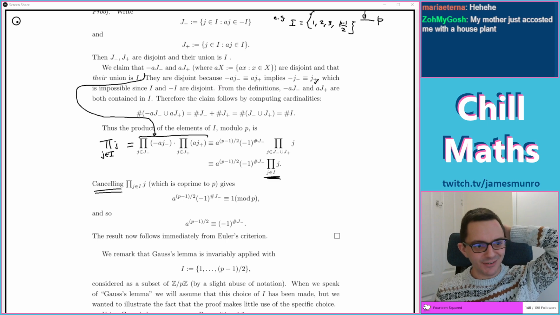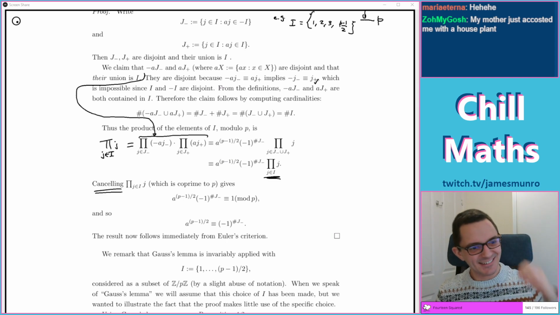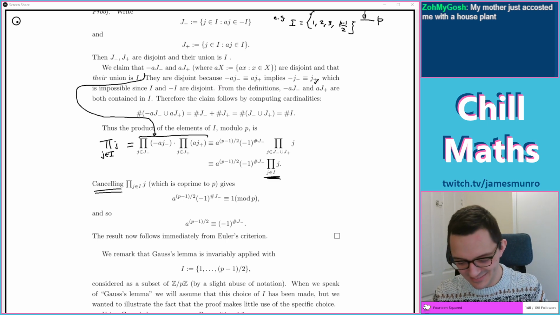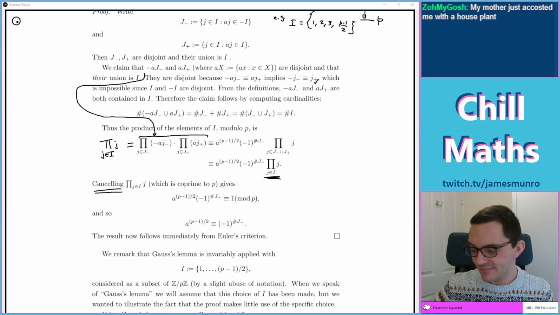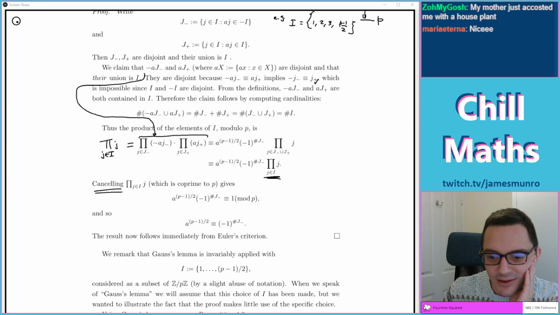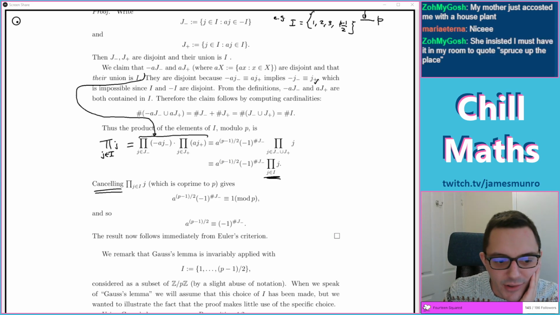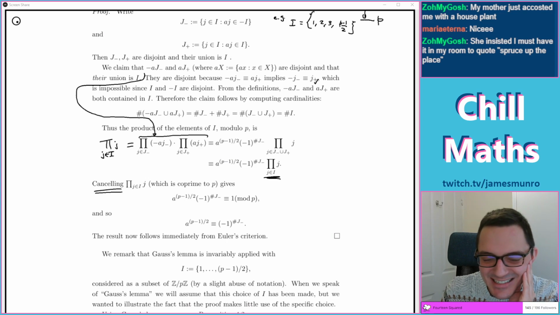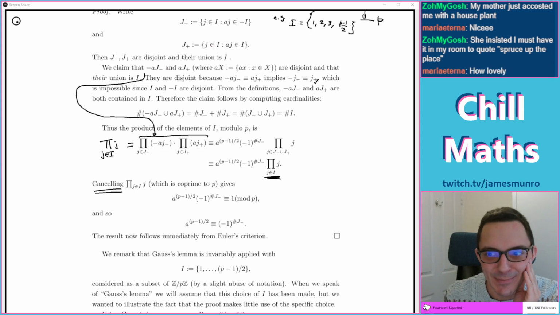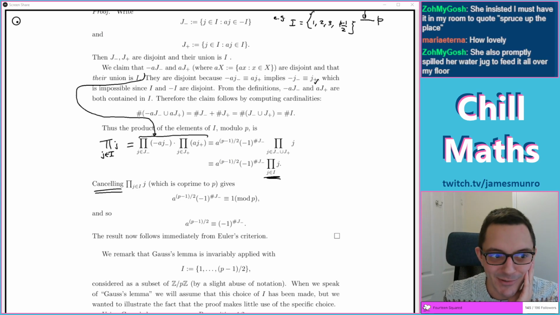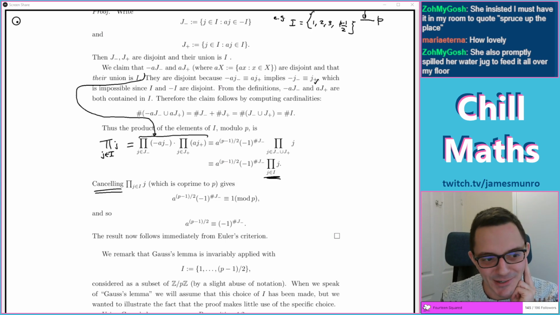Ah, somebody's got a houseplant. Nice. Congratulations. What sort of houseplant have you got? Good. Okay. Right, let's try and understand this. It's going to spruce up the place. Don't forget to water it if it's one of the ones that needs watering, which is most of them. Don't forget to not water it if it's one of the ones that needs not watering, which is some of them. Try not to water all the other objects.